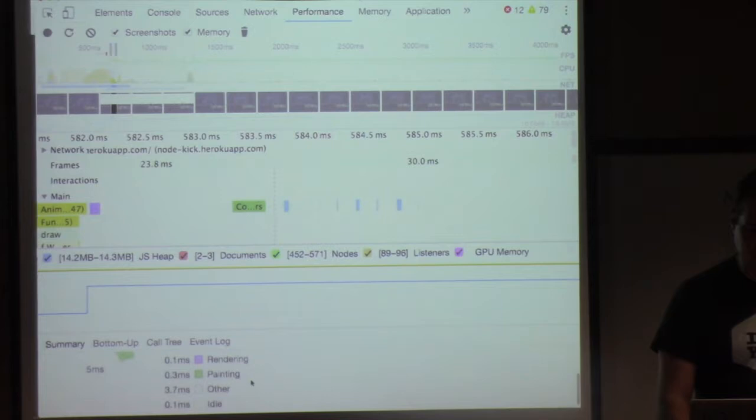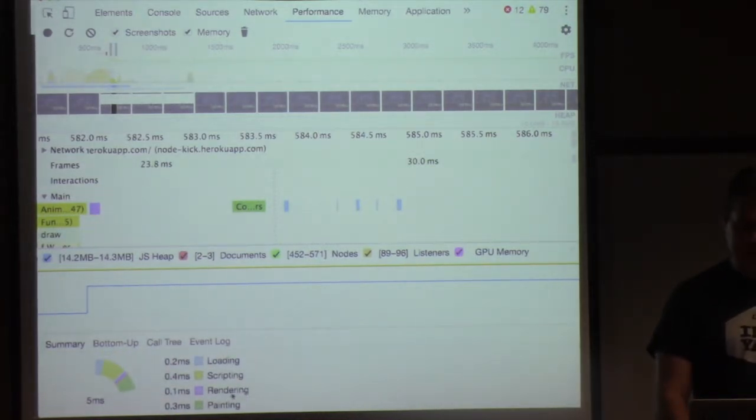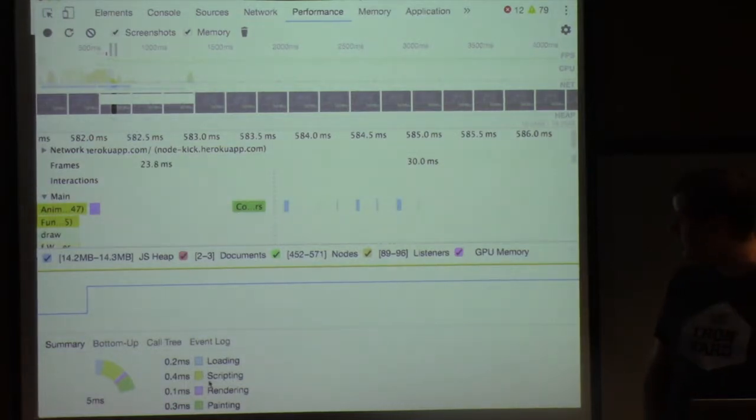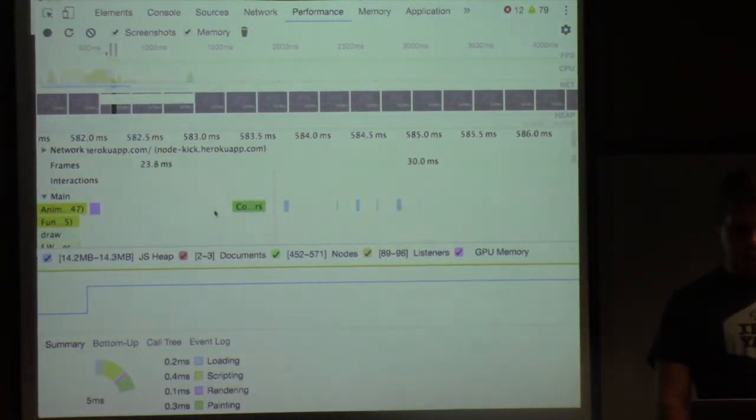And down here you have a color coding of what's going on. You've got, I guess this is rendering, and then painting would be whenever the actual paint happens to the page. Loading versus scripting, and I think scripting is actually your code when that's running. Now, one thing in terms of memory is, I'm pretty sure,